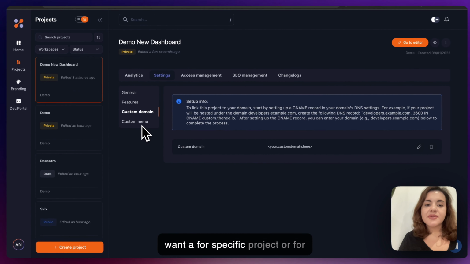And if we go to access management, if I want to make this public, I can go ahead and add it to public. I can invite my team members. And we also have advanced access management. That means that, let's say, if you want to make a specific section private,